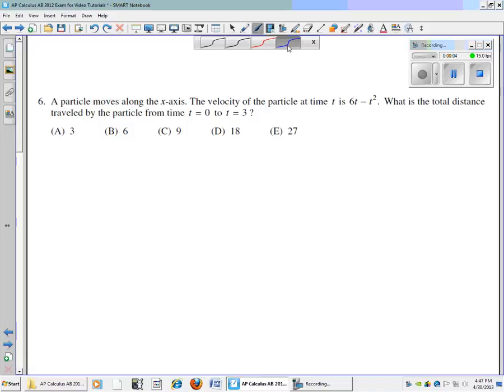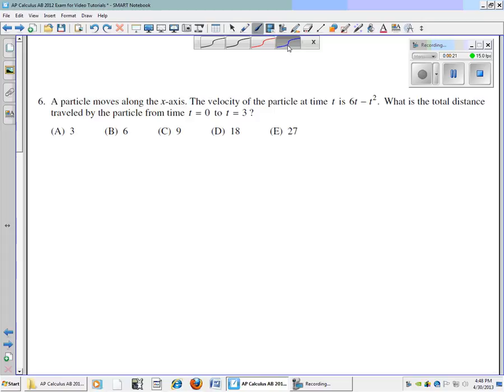This is problem number 6 of the 2012 AP Calculus exam. The particle moves along the x-axis. The velocity of the particle at time t is 6t minus t squared. What is the total distance traveled by the particle from the time t equals 0 to the time t equals